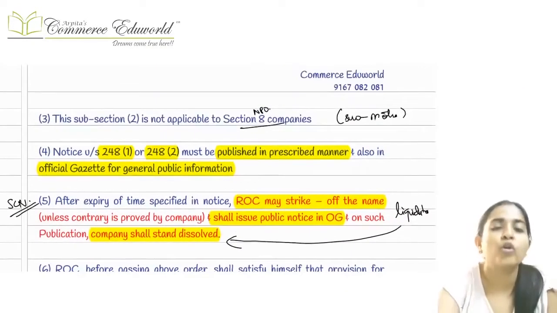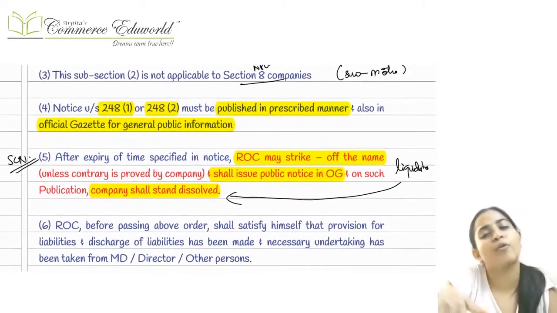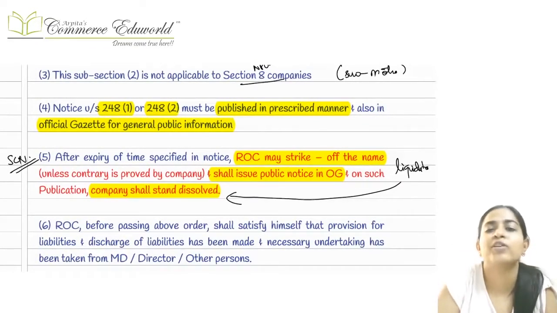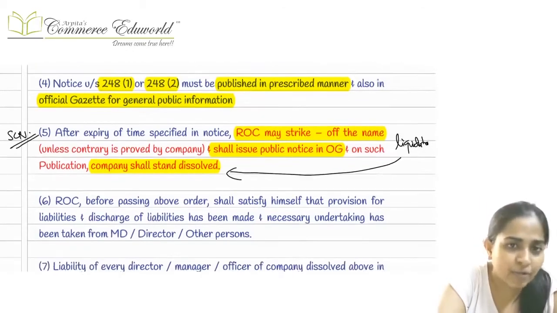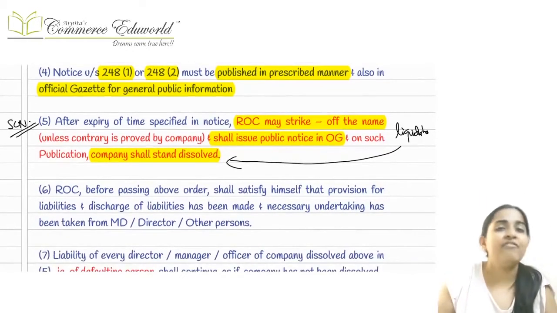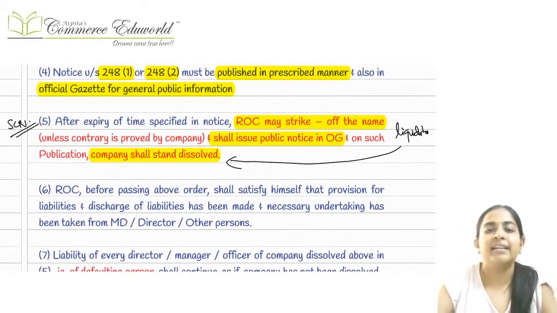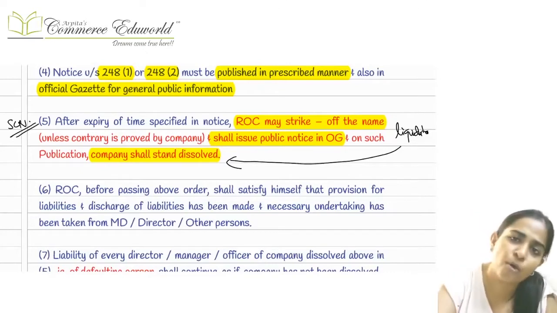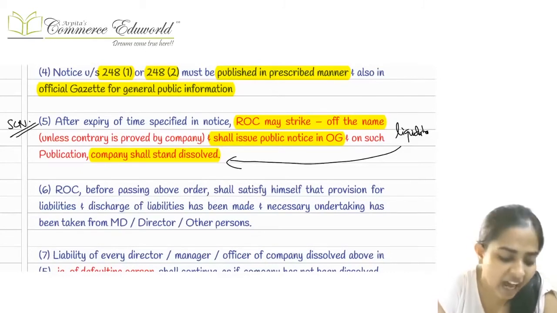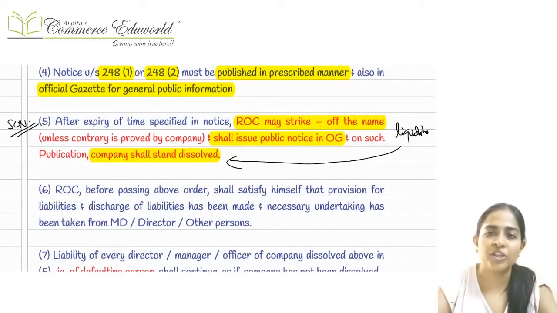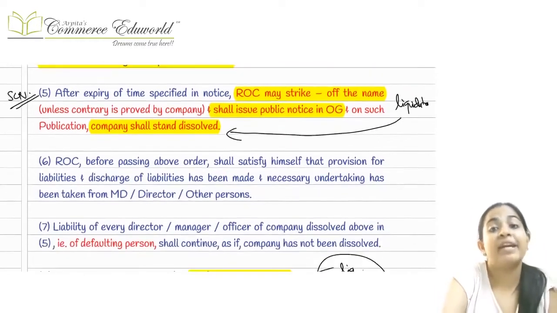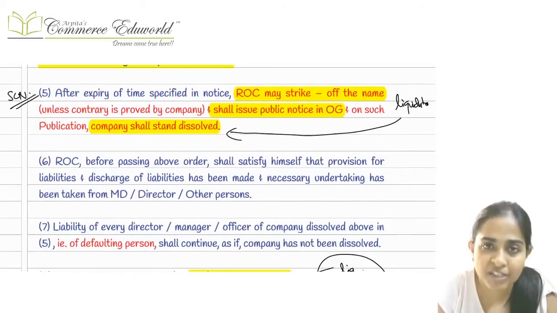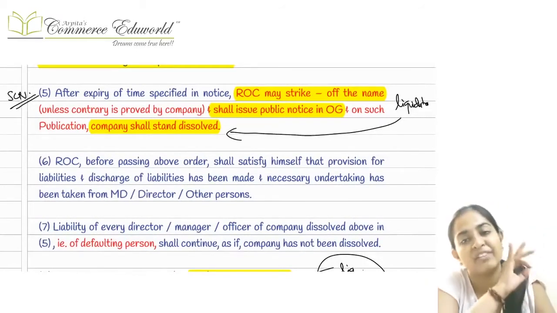Okay, now the suo moto thing is not applicable to section 8 companies, because the provisions of section 8 company totally restrict this particular matter, that we cannot suo moto make an application for removal of the name of the company. Then once all these things are done, a public notice is given that either ROC is removing our name, or we are suo moto making an application to the ROC that our name be removed. Okay, this is given to the general public so that even they come to know. Maybe if there are any shareholders, or any other creditors who are still not aware of this fact, even they will come to know that the name of the company will be removed from the register of the company.